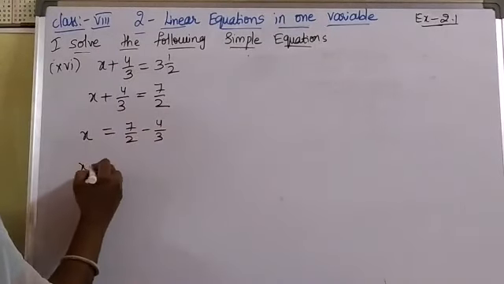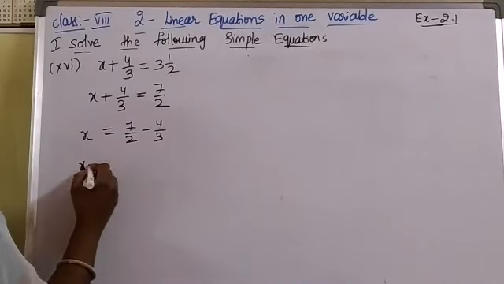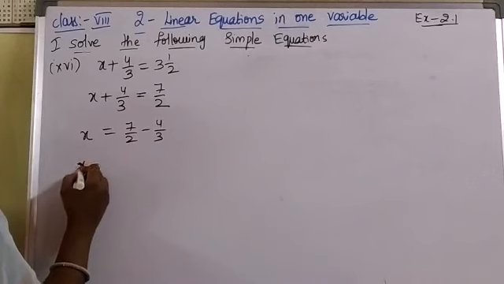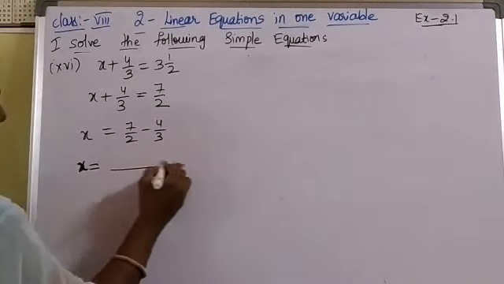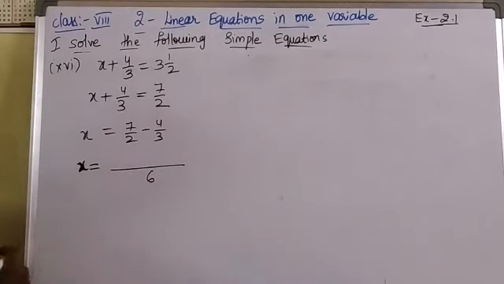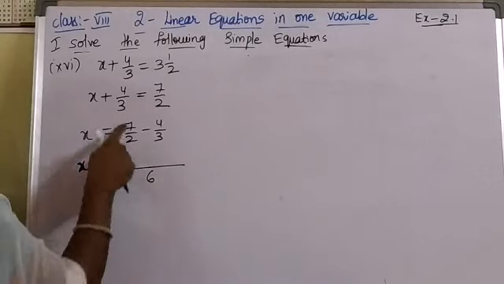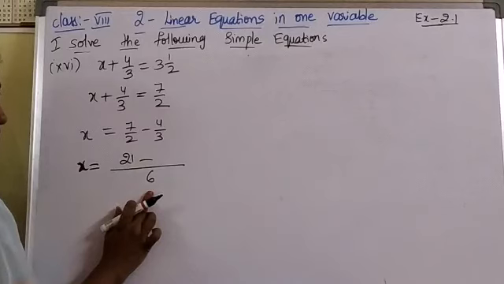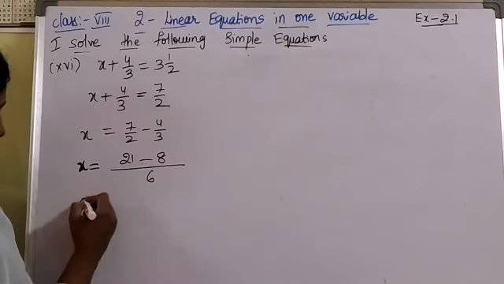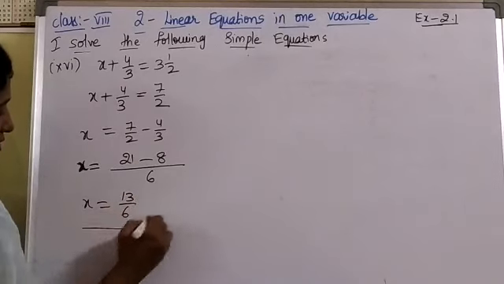Okay, now x is equal to, here you will take the LCM because it's a subtraction of two fractions. Whenever there is subtraction or addition, we have to go for the LCM. Okay, what is the LCM of 2 and 3 here? 6, because 2 and 3 are co-prime numbers. So 2, how many times will it go in 6? 3 times. So 3 7s are 21. Minus, 3 how many times will it go in 6? 2 times. 2 4s are 8. So x is nothing but 21 minus 8, which is how much? 13. 13/6 is the answer.